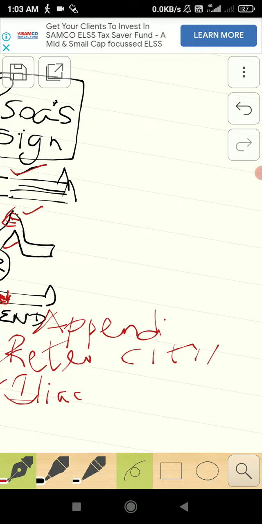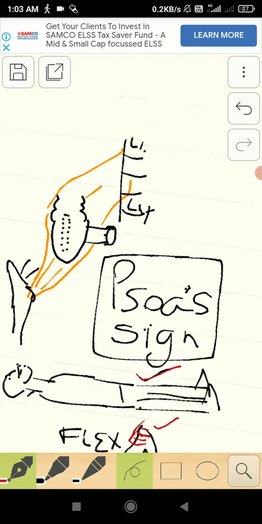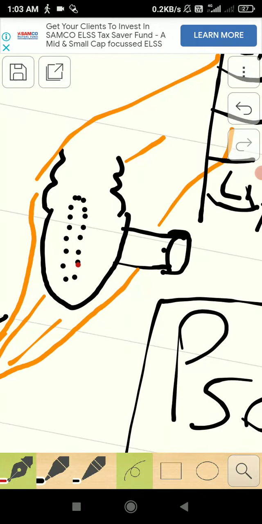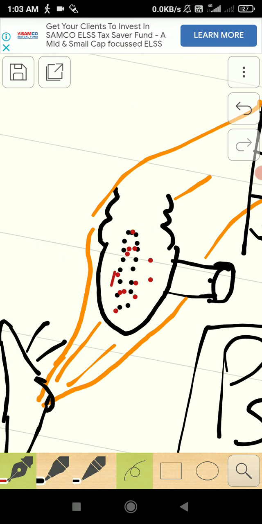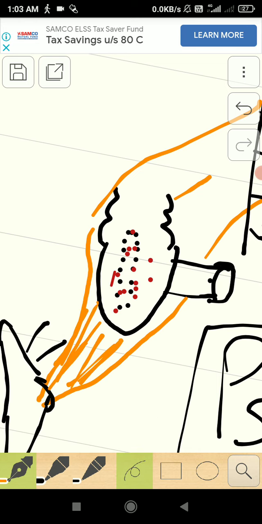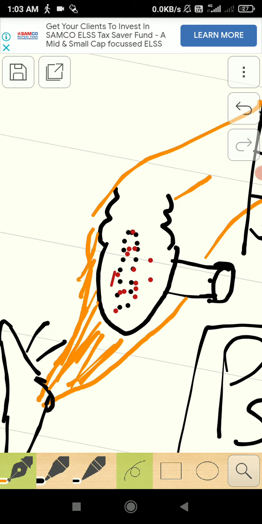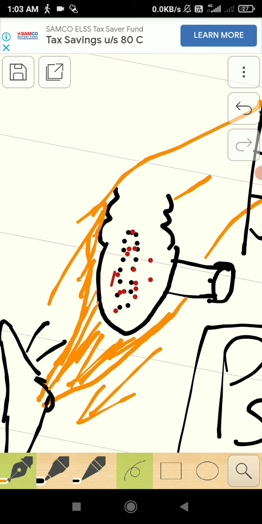Already in the beginning I have told about the relation. So in case of appendicitis, this area of the appendix is inflamed. Inflamed means there is redness, there is swelling, and of course there will be pain. That is the third sign. So this Psoas major, when it contracts, it will move the peritoneum. It will contract during flexion of the hip,